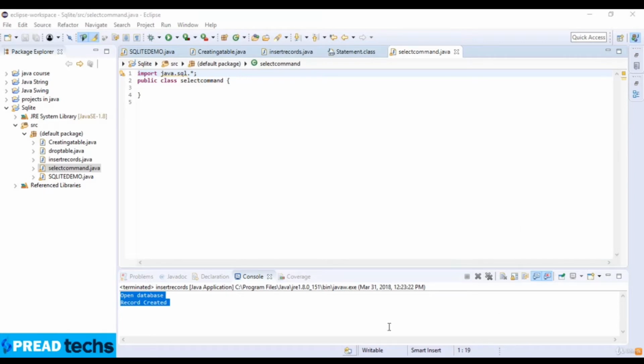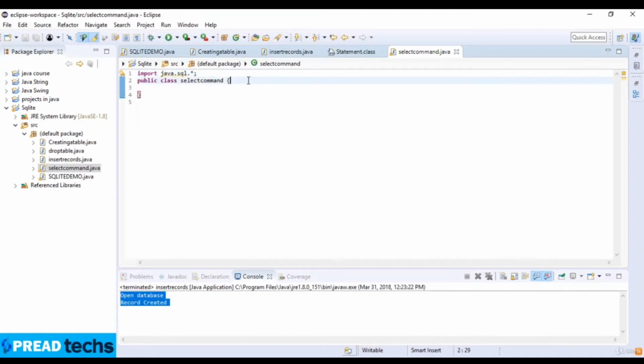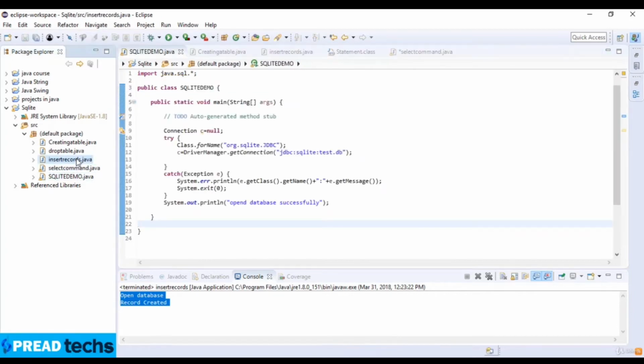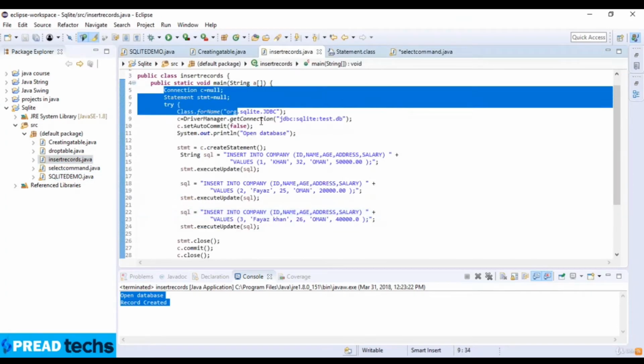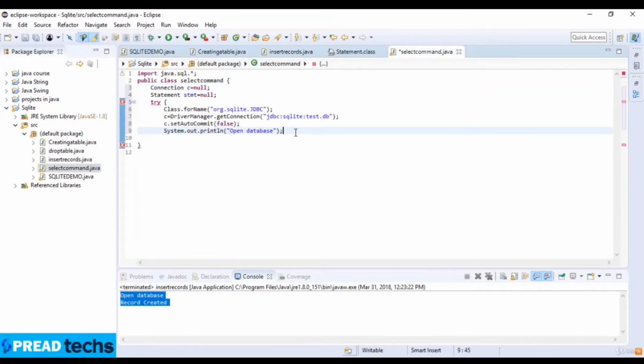Now we see how to select the records. Here I just create a class with select command and import java.sql. Here I just go to the connection. I just copy this connection here, and then after this connection I go to the statement, and statement is equal to c dot create statement,